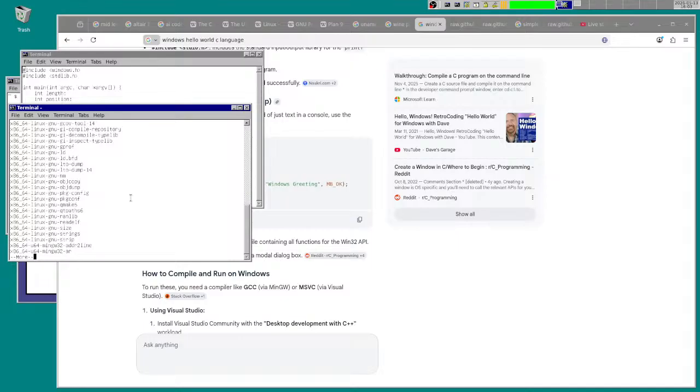Let's see. Yeah, there it is. Is that a program? Yeah, it is. And now we have a.exe. It's a Windows program. Move that to echo w.exe.